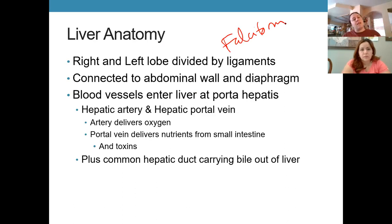Blood vessels all enter the liver at a specific location that's basically right up the middle in this division. It's called the porta hepatis. A portal is just an entryway, okay? So it just means the liver entrance. Liver door? Liver door, that sounds about right. Okay, so we've got